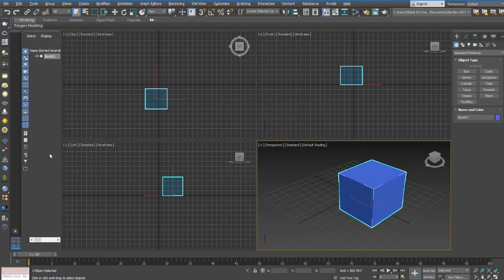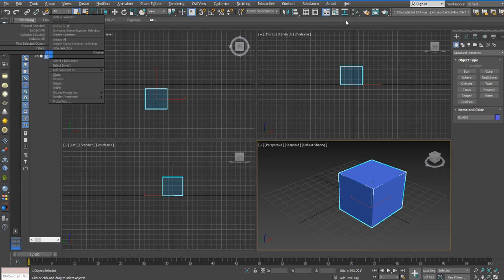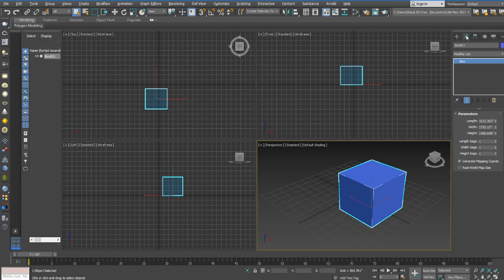And here in the side is the list of your objects in the scene. So the box here is listed. You can change the name in here. Change the name whatever you want,